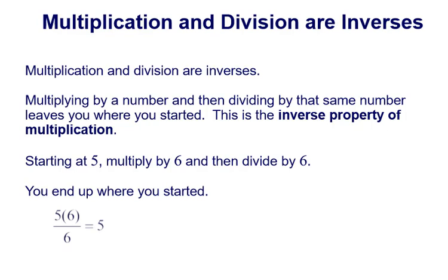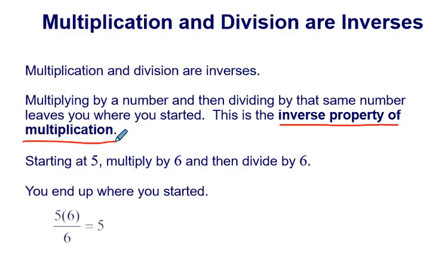Multiplication and division are inverses. Multiplying by a number and then dividing by that same number, so picking an operation and doing its inverse, leaves you where you started. This is called the inverse property of multiplication. So it's very specific. If the operation is multiplication and then you do division, it will leave you with the